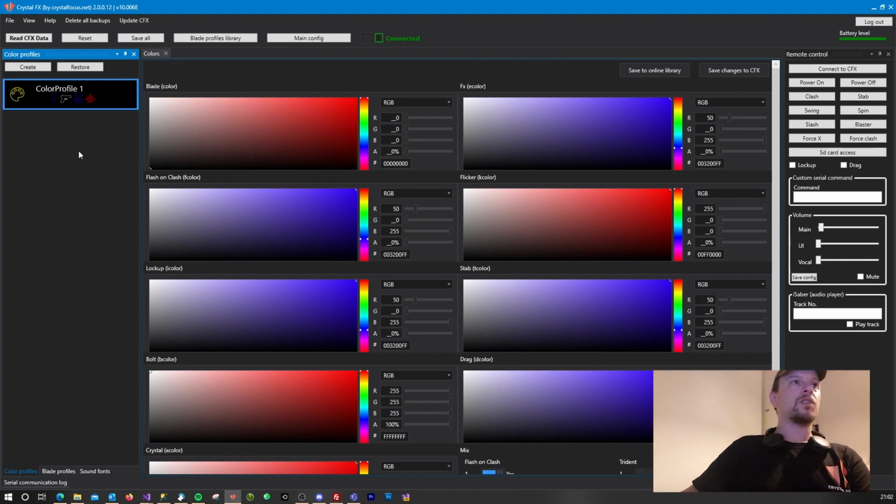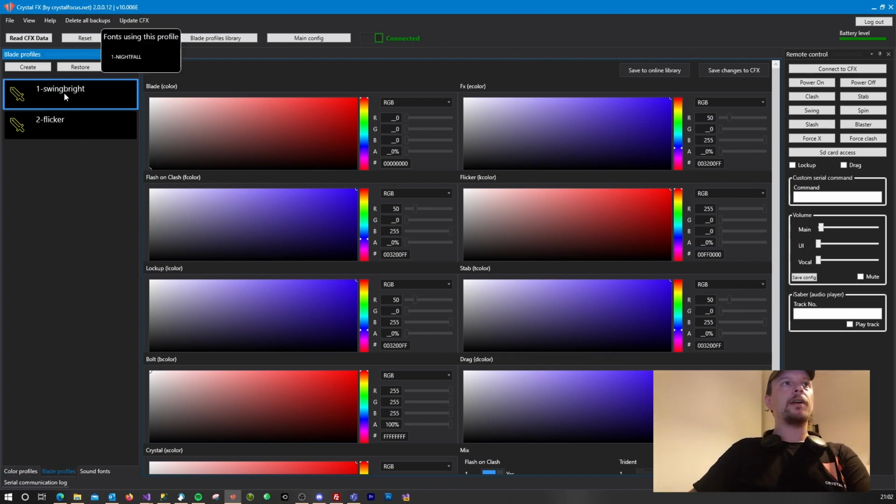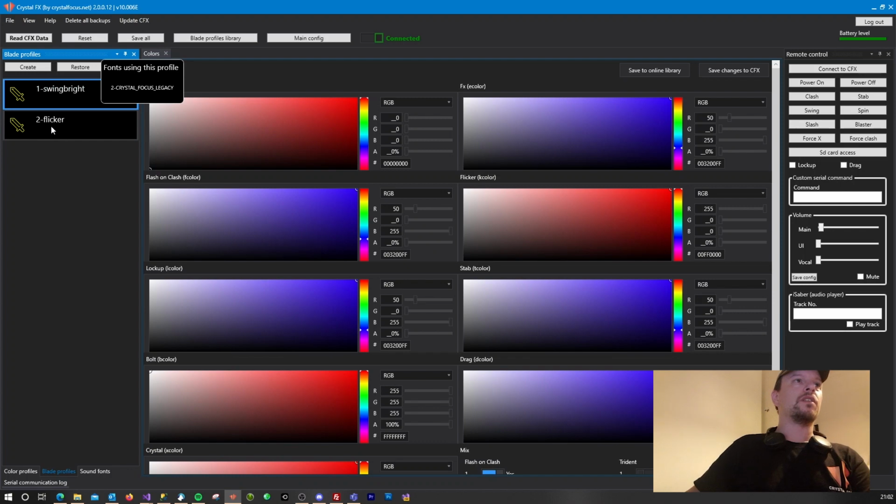The first one is called Swing Bright. The second one you can do by using the flicker options in the blade profile. Now, what's the main difference? The Swing Bright will shift the color from the main blade color to the FX color called E color, and the flicker color shifting will shift from the blade color and it will overlap that color with the color from